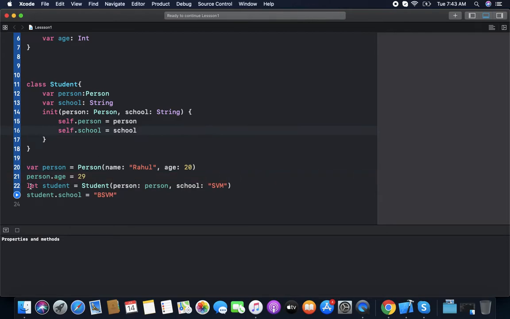In person, we have a value, a container which contains the name and age. If we change the age, it changes the container, because person is the container, so it is let and constant, and it never wants to change anything in its container. But in the case of student, it's a reference type. It only contains a reference to a container, so it does not want any change in the reference, but we can change any value in the container.